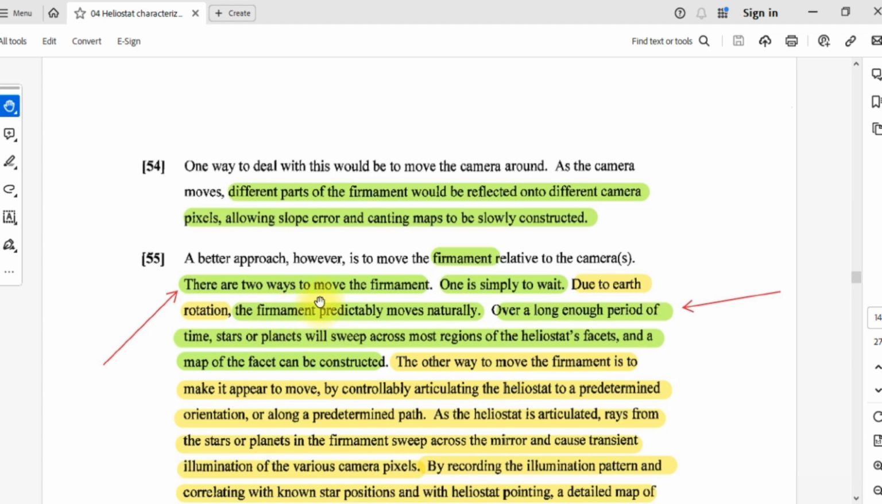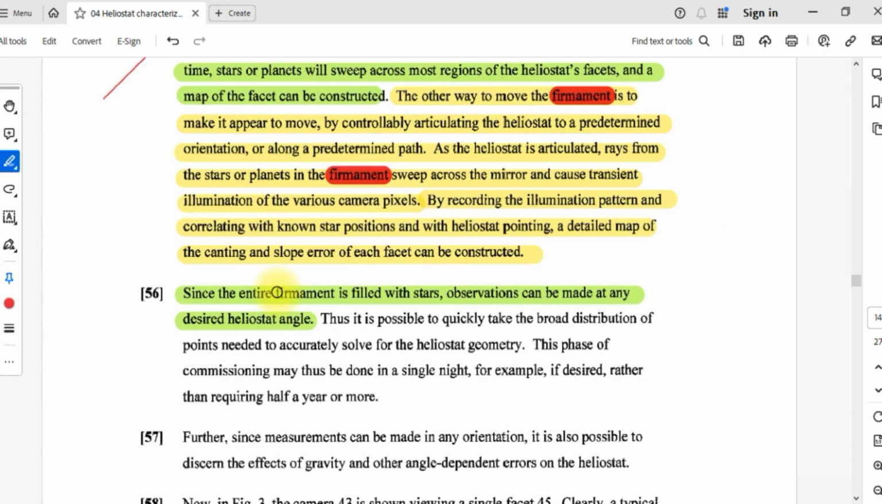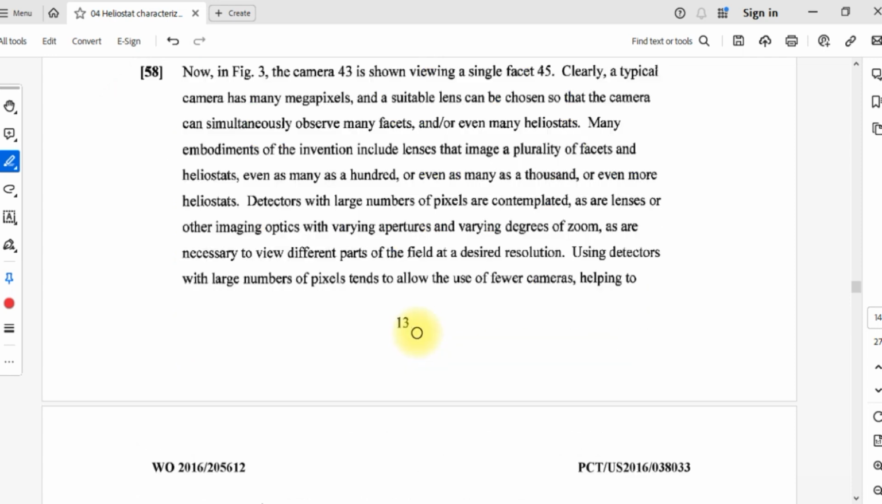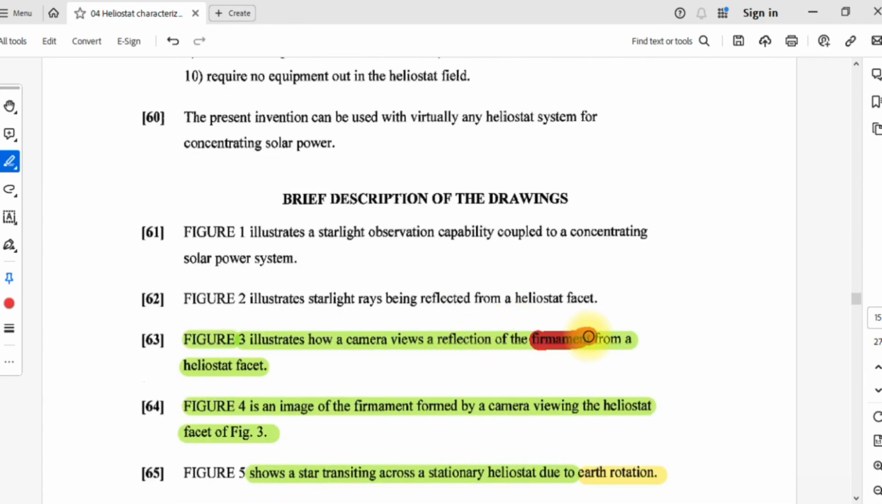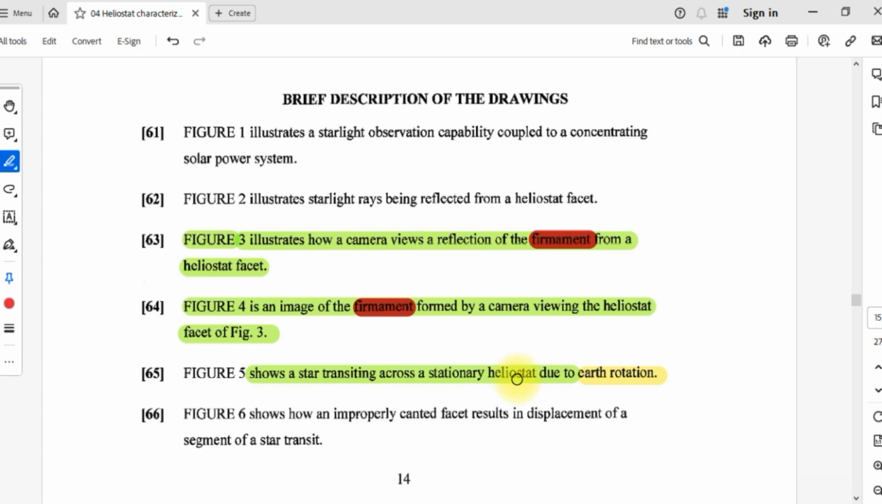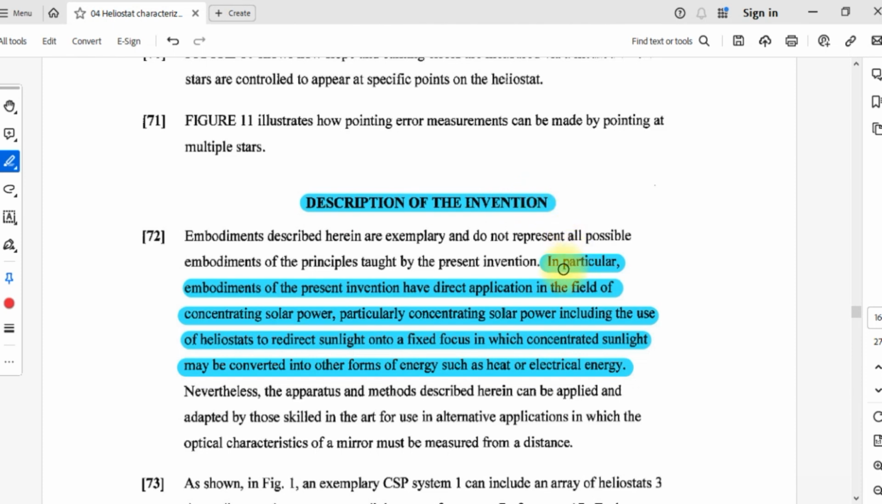The entire firmament is filled with stars. Observation can be made at any desired heliostat angle. So you have the word firmament here so many times. Firmament, firmament. No, not Earth rotation. Earth does not rotate. Description of the invention: in particular, embodiments of the present invention have direct application in the